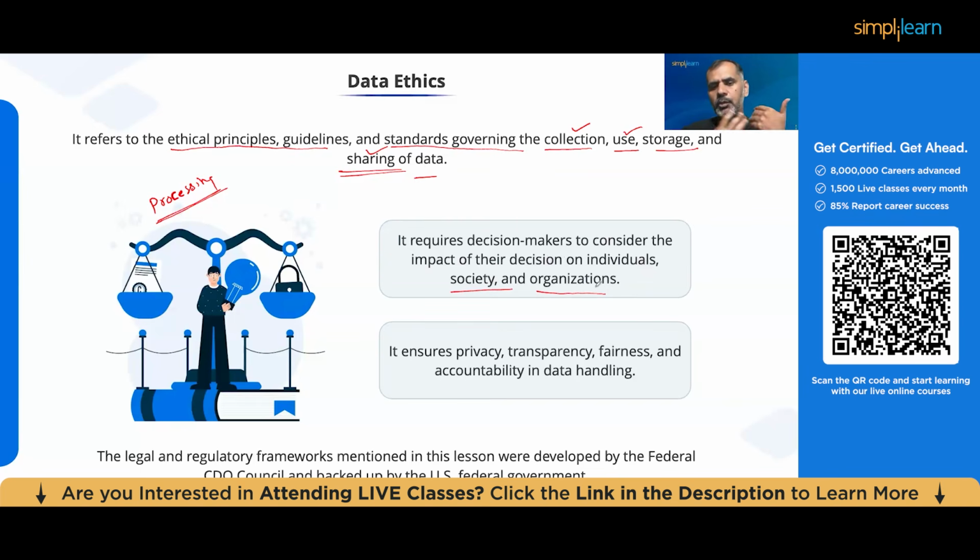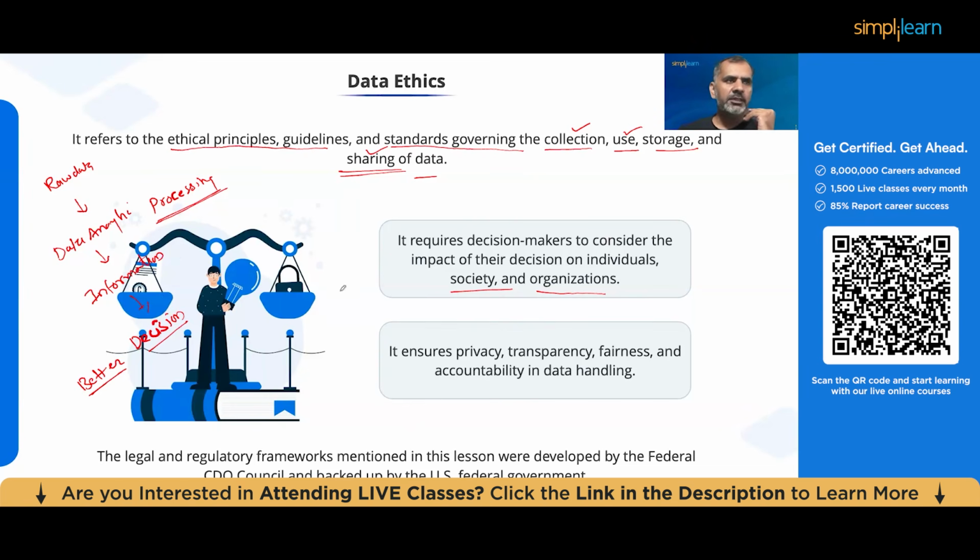And this is something we have understood from our previous sessions also, that we do data analytics because we want to convert raw data into information. And once you get this information, you can use it for making better decisions. So this information basically helps you take better decisions. That's the ultimate goal of any organization that is doing data analytics, or dealing with a data science project, or collecting data for that.